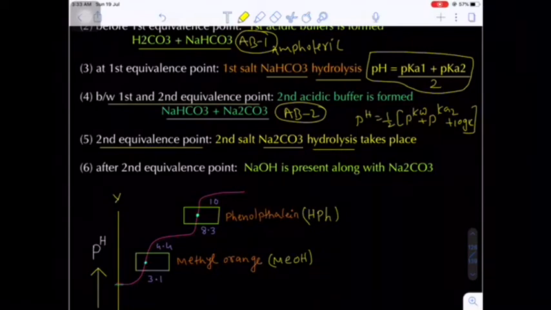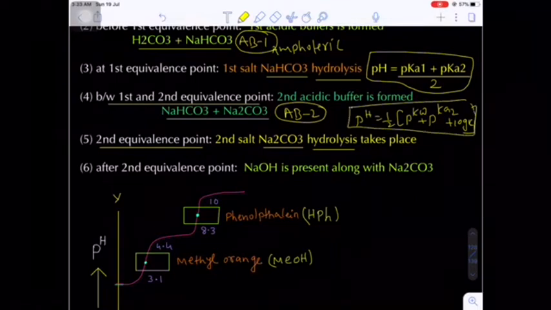Do you know how to calculate the pH of the salt solution? Yes, during the ionic hydrolysis, the aqueous nature of the solution will be what? Basic, and pH will be greater than 7. How can we find the pH of the solution? pH is equal to half into (pKw plus pKa2 plus log C). Okay.